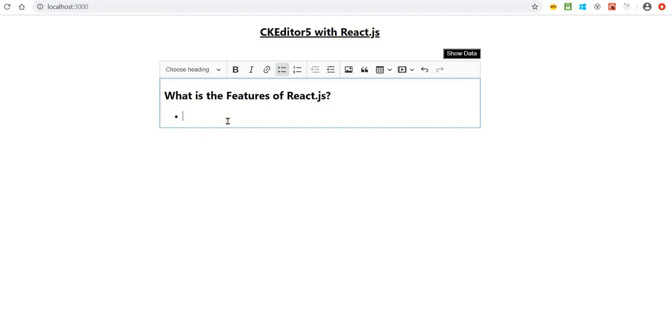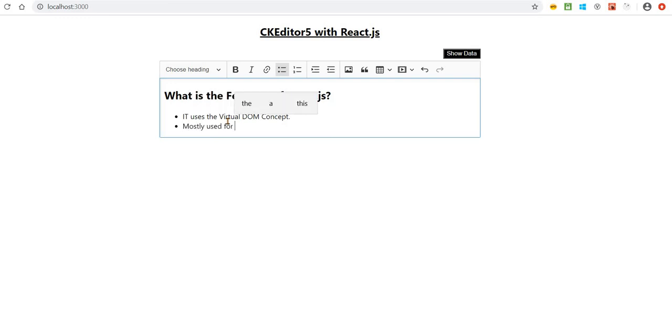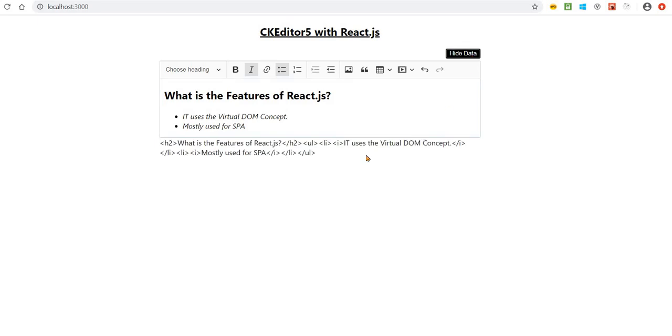The first one is features. It uses the virtual DOM concept. The second one, most for SPA, meaning single page application. So let's make it here, and let's click over here.